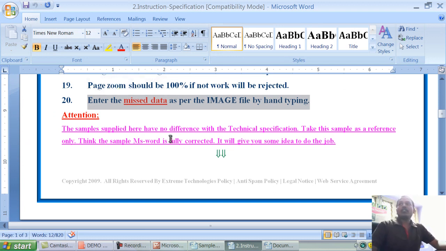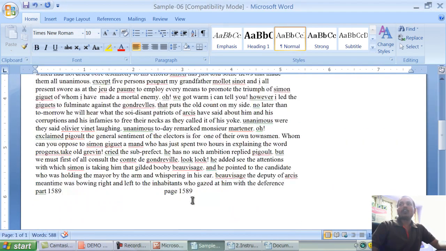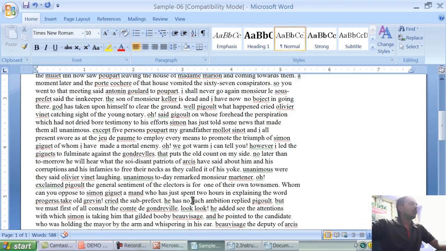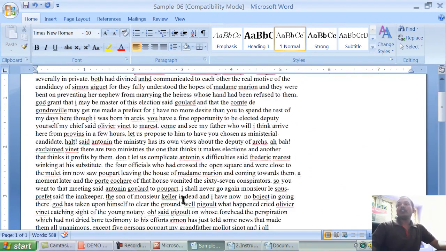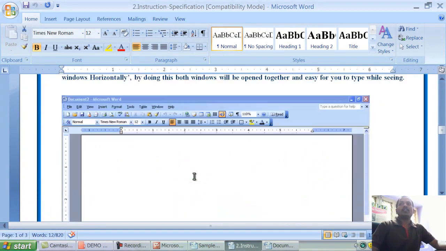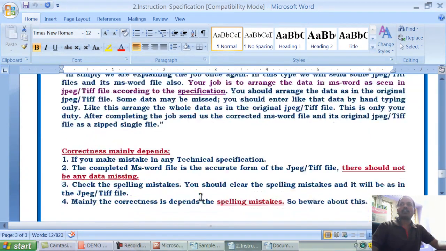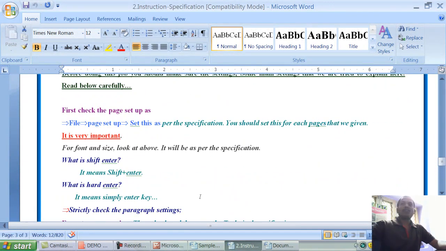Right. Okay, so if you apply these 20 points in your Word file, this output automatically comes out, right? No need to correct anything from the customer side. Right. Okay, now to bring this output, we provide you extra guidelines also, how to perform the work, how to start the work, how to end the work. So everything we guide you. If you follow all these guidelines, automatically you can perform the data with 100% correctness.